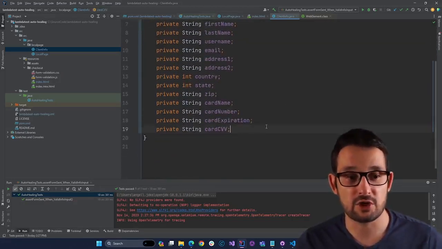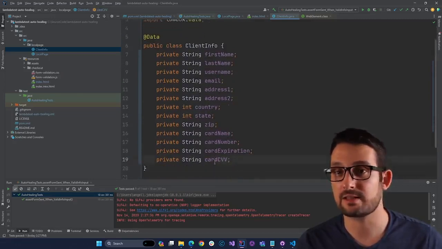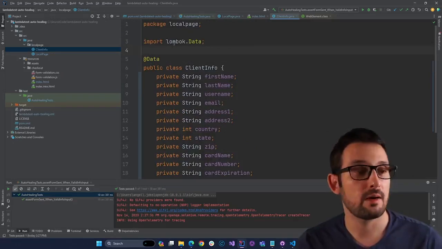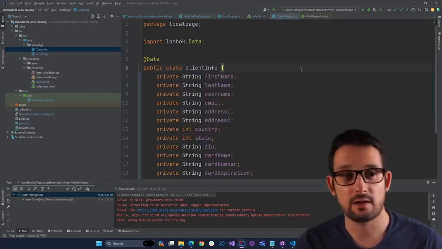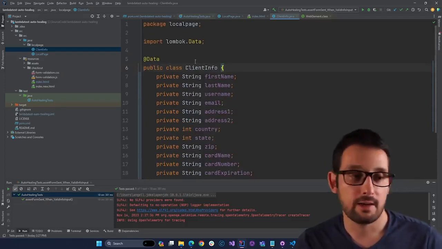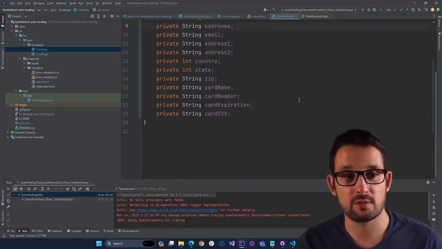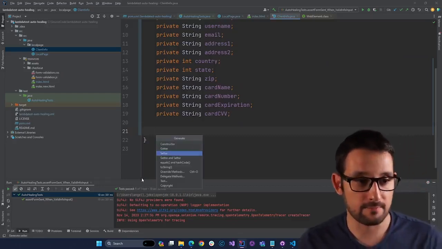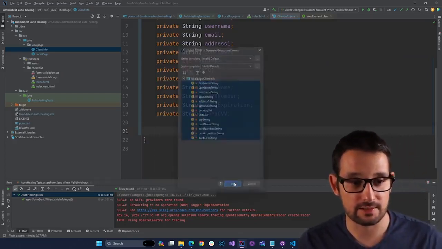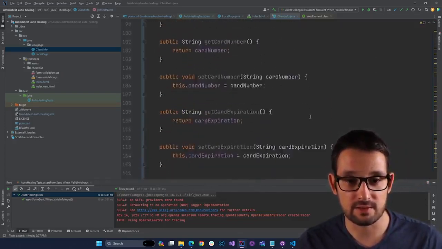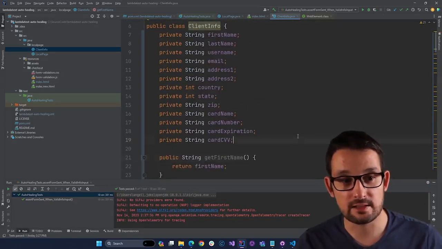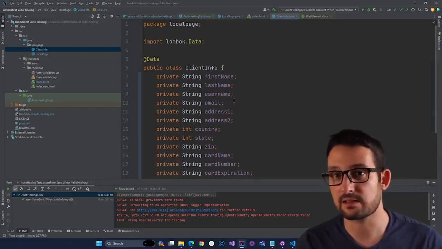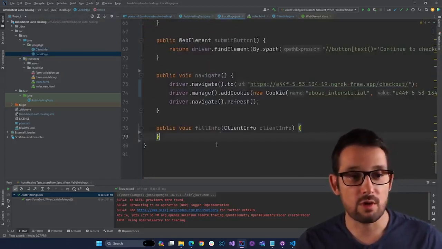And instead of generating with IntelliJ all of the getters and setters for those fields, I'm using this @Data annotation. This comes from a built-in extension in IntelliJ, a special project called Lombok. And this Lombok @Data attribute is an alternative to generating all of the getters and setters like this. Instead of having such a long class, this @Data attribute will generate, at compile time, the constructors and the getters and the setters for us. So here for the local page, again,